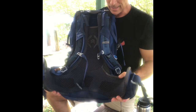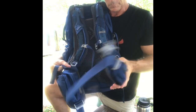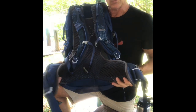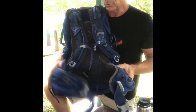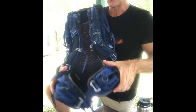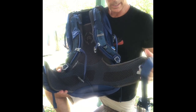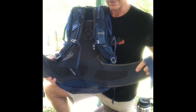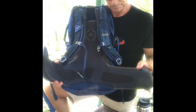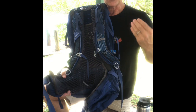The comfort cradle that they have, I was a little skeptical at first, but it is incredibly comfortable. There's not a lot of padding there, it's very thin, but with 4 days of provisions in this pack, and I still had a little bit of room, it was roughly around 30 pounds that I had in there, along with a tent, my two-man old North Face Dragonfly, and some dehydrated food. It was very comfortable. In fact, so much so that you almost didn't realize you had